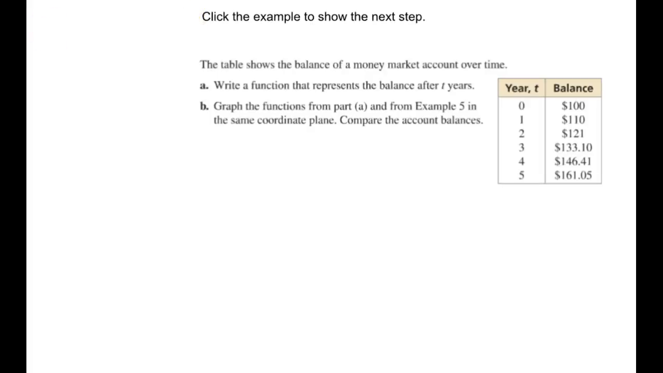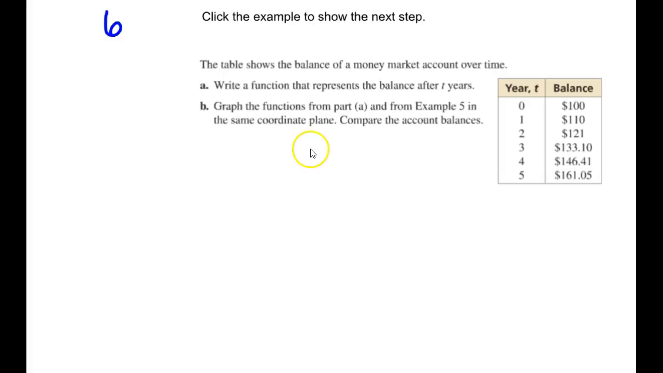Okay, so this here is example number 6 in your book. So the table shows the balance of a money market account over time. Money market is just a fancy type of account that you can have at a bank. So I have to write a function that represents the balance after t years, and then graph the functions and compare. So I'm going to graph the function from the last example we did and this function and compare